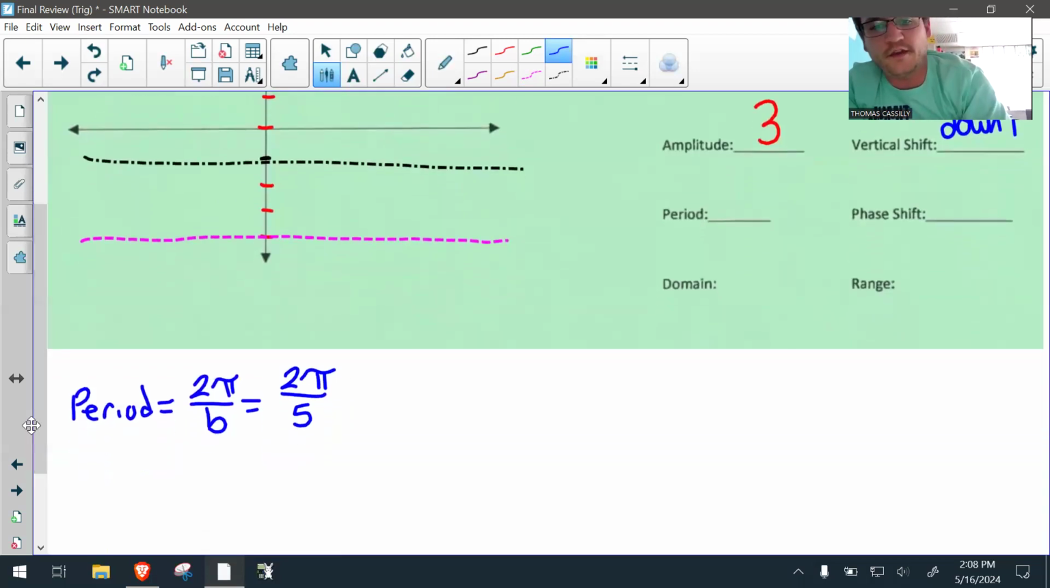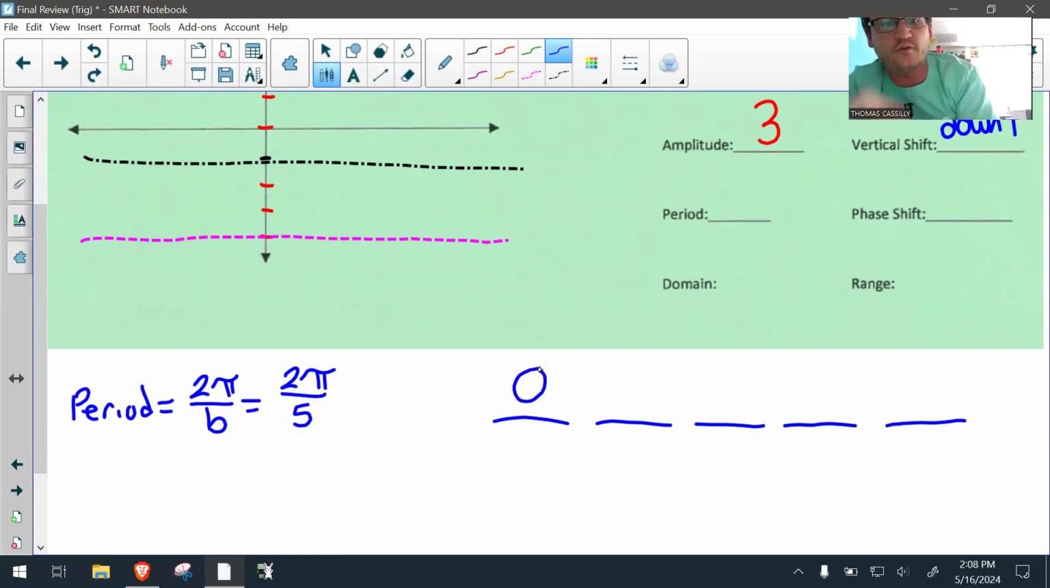So let's identify our 5 kind of important parts. Before we do any phase shifts, all right, it starts at 0, right, and it completes one cycle, one period at 2 pi over 5. Right, so that means halfway between them is 1 pi over 5. And then halfway between 0 and pi over 5 is pi over 10. Right, and then the very last one here should be 3 pi